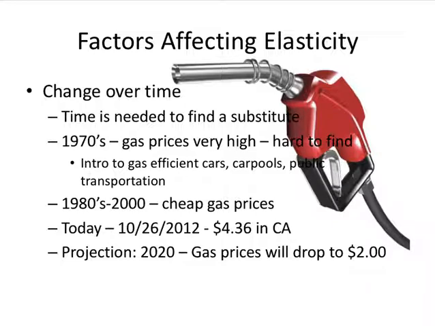And then 2012, I put this date in here on purpose. We had gas prices all the way up to $4.36 in California. We had $3.99 in Minnesota. And as a result of that, we saw another push for people to drive a more gas-efficient car. And the projection from 2012 was that gas prices would drop to $2. Well, even in the last few years here, we have seen the price of gasoline drop below $2, which has